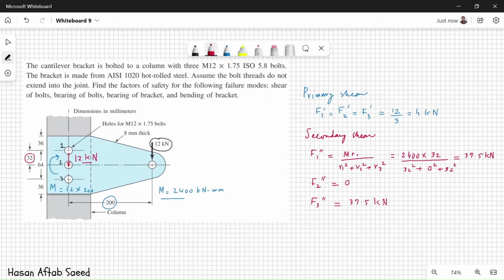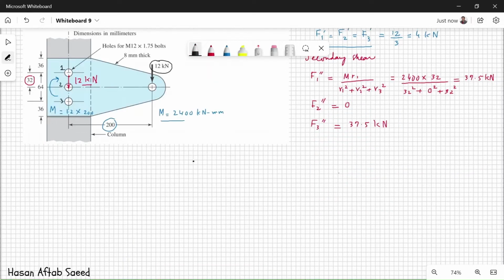We'll have more to say about the directions. Now it is obvious that the primary shear values are equal for all. So the bolts 1 and 3 will govern the design because F2 double prime is 0. So we need to design on the basis of bolt 1 or bolt 3. Same thing. The direction of